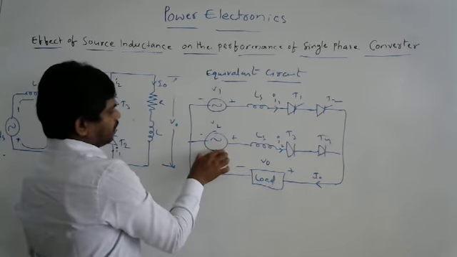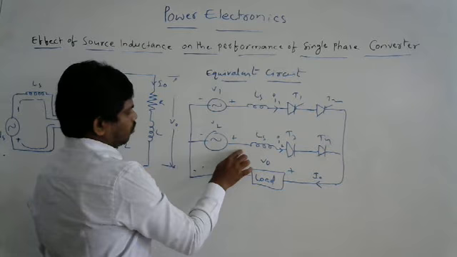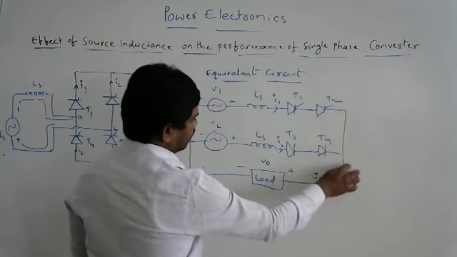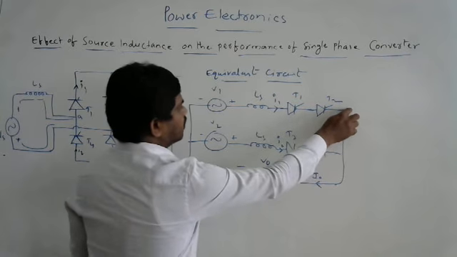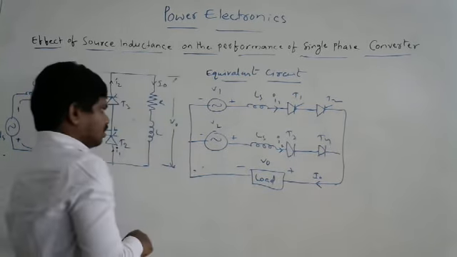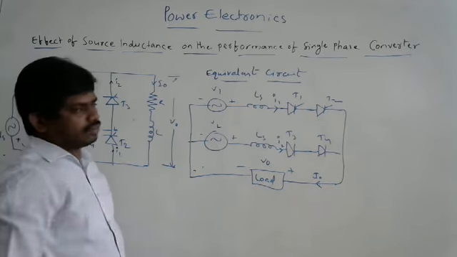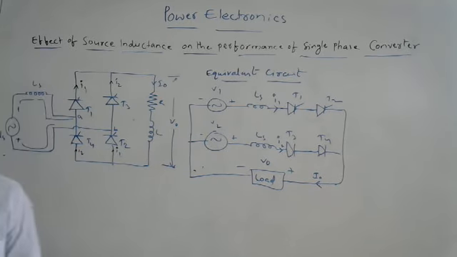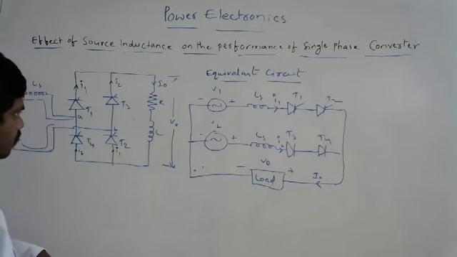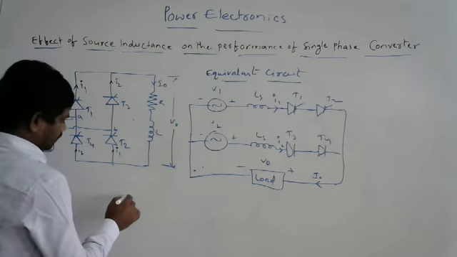For the negative half cycle, T3, T4 are conducting, and the current is trying to enter this node. These seem to be reverse biased, and the entire current comes like this. So this is a parallel circuit, right? Then we can apply KVL to this. If you apply KVL, what is the equation? Look at this, I am writing here.